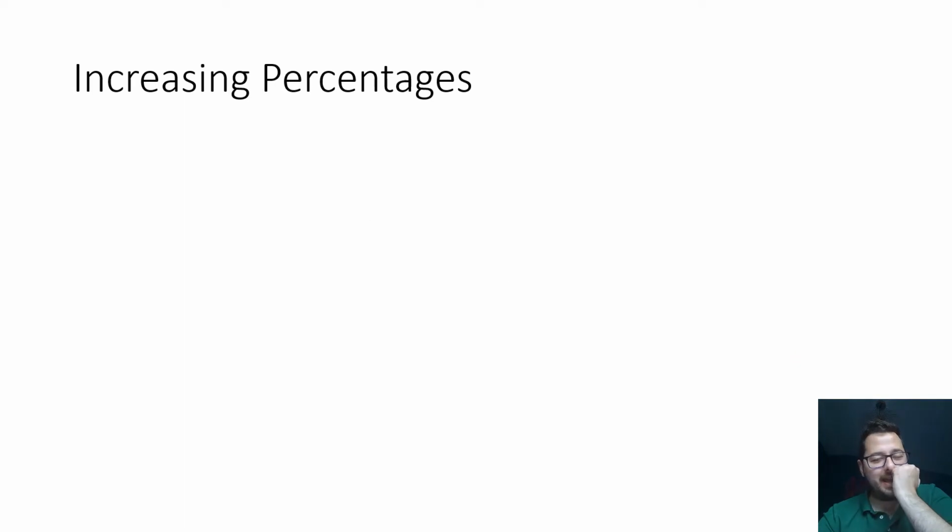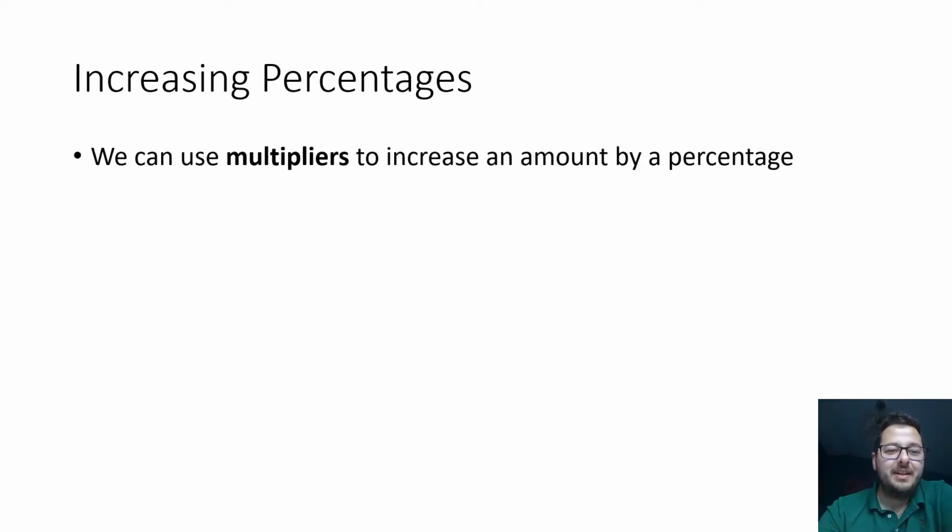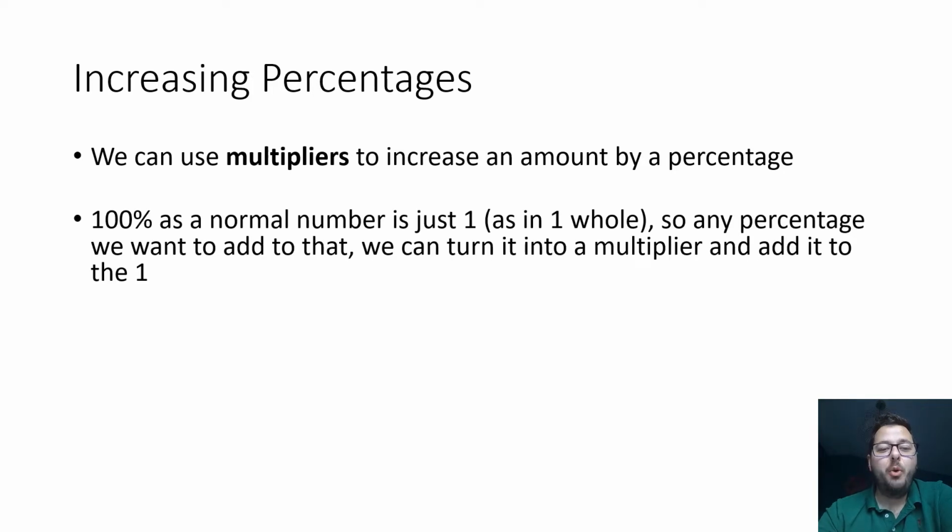Okay, so first let's look at increasing percentages then. We can use multipliers to increase any amount by a percentage. We've looked at multipliers before when we're finding percentages of an amount, so feel free to check out the video for that. But basically we use that to increase or decrease as well. 100% as a normal number, so the whole thing, is just 1. 100% is the same as 1. So any percentage we want to add to that, we can turn into a multiplier and add it to